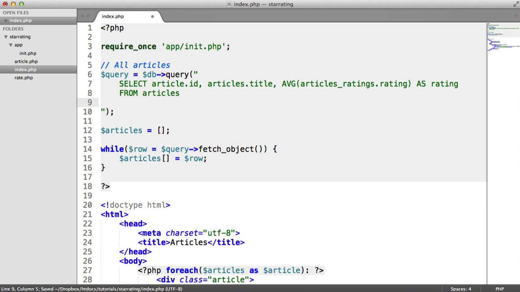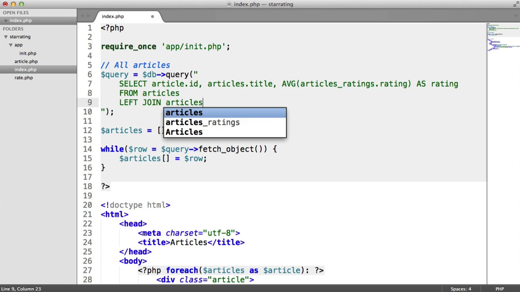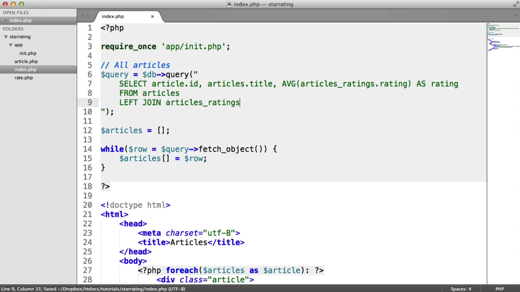We also then need to join this, because otherwise it's not going to know what to do. We're going to do a left join because the article always exists, but the rating might not exist. So you can obviously always have an article, but you might not necessarily have a rating. So we're going to left join and then choose the table that we want to join on, which is articles